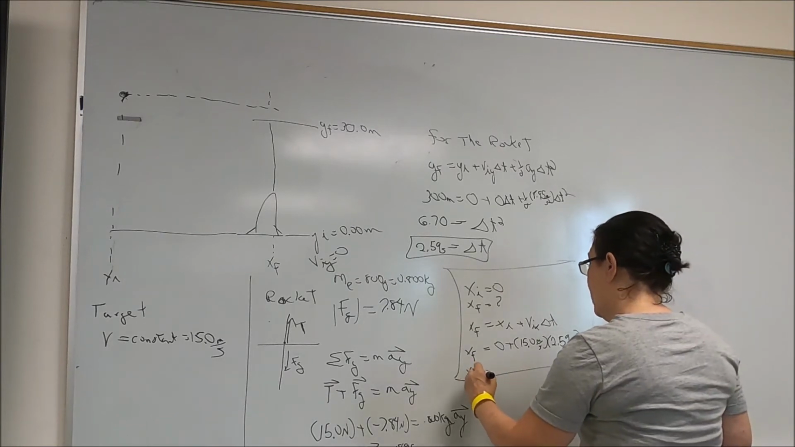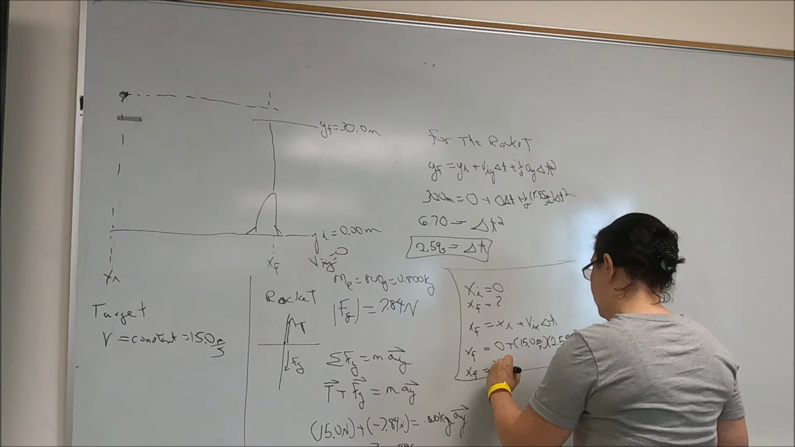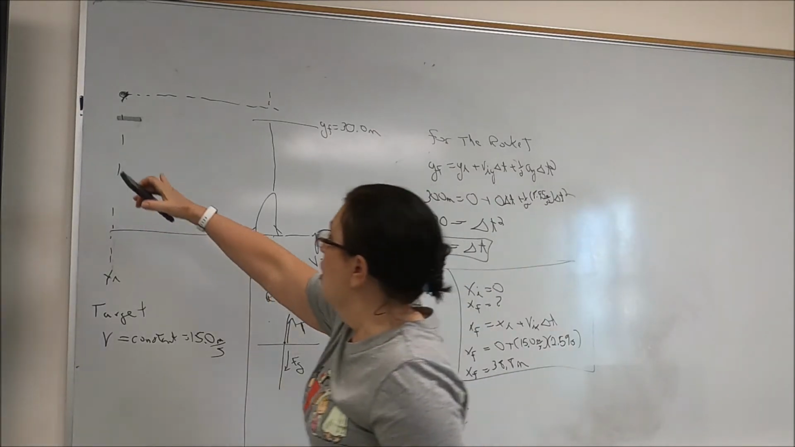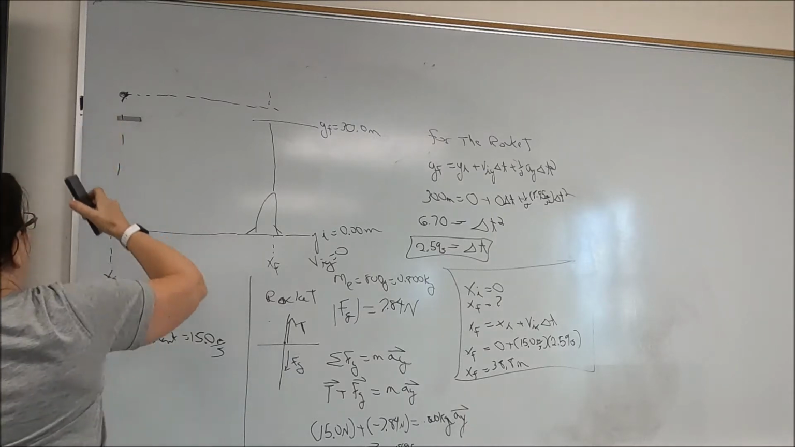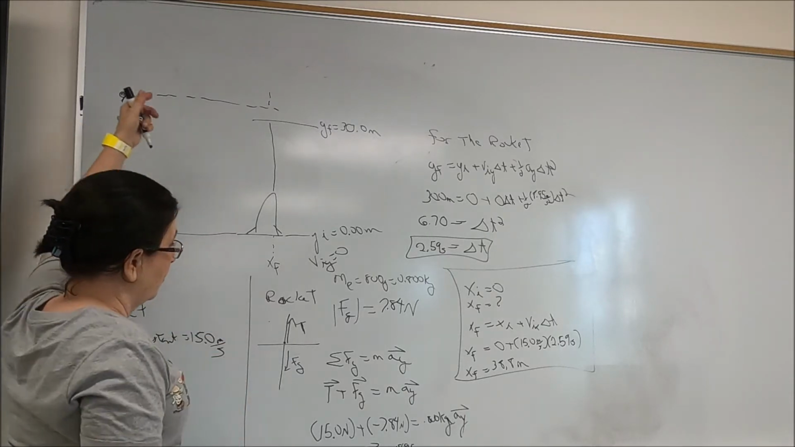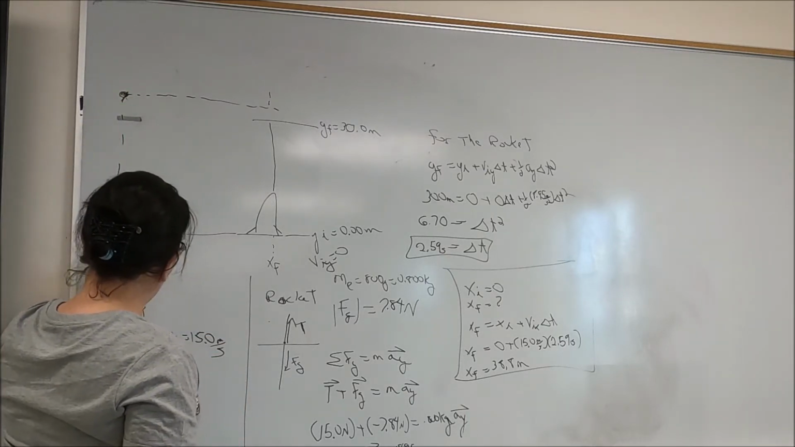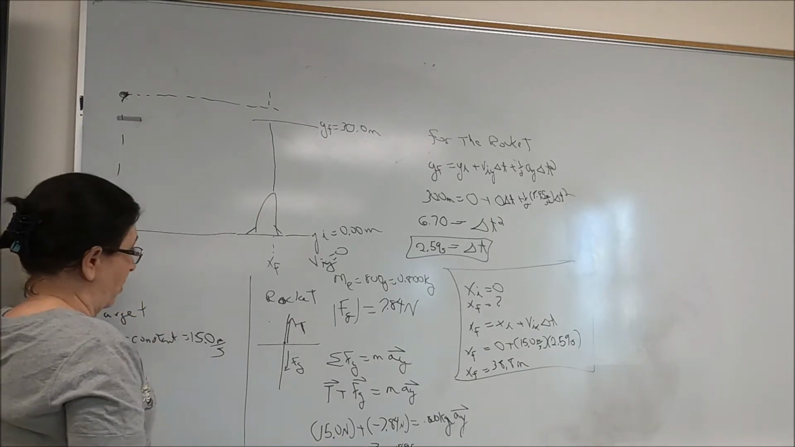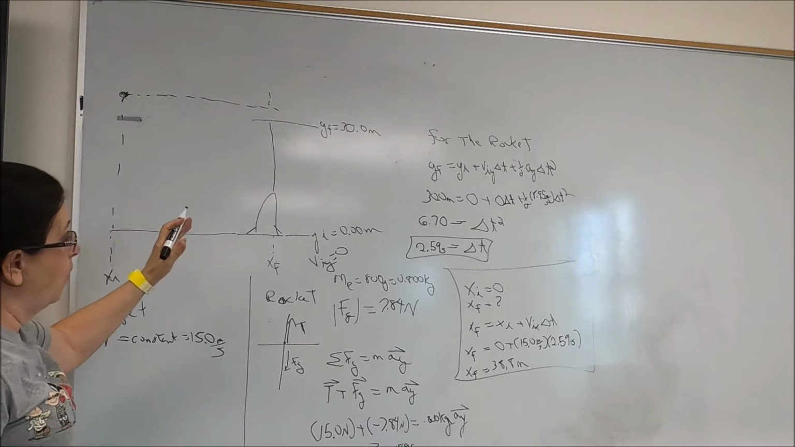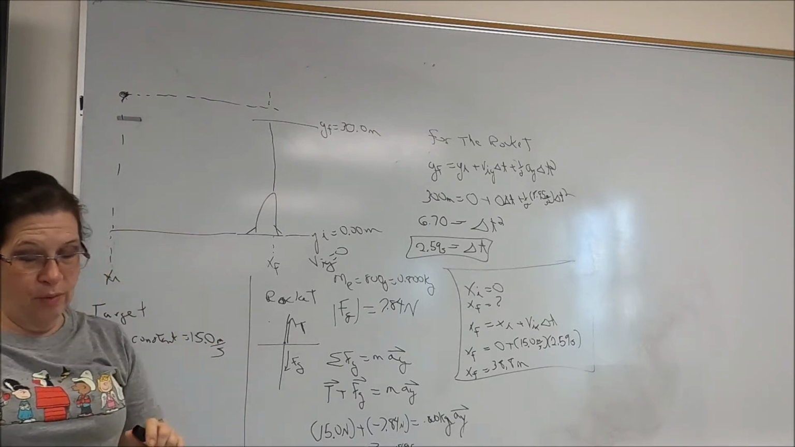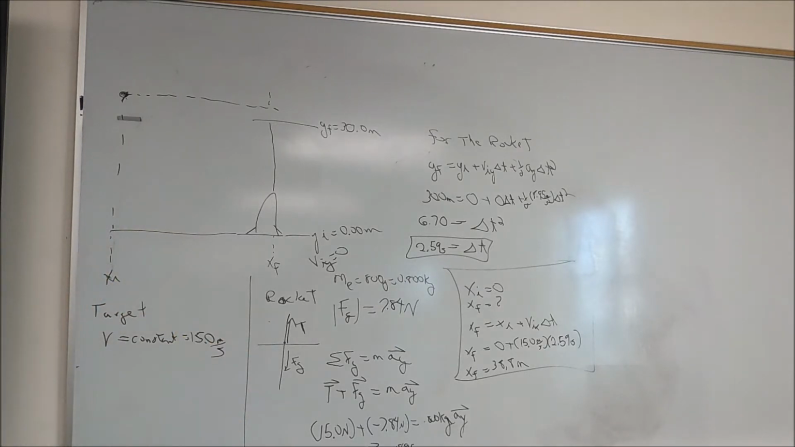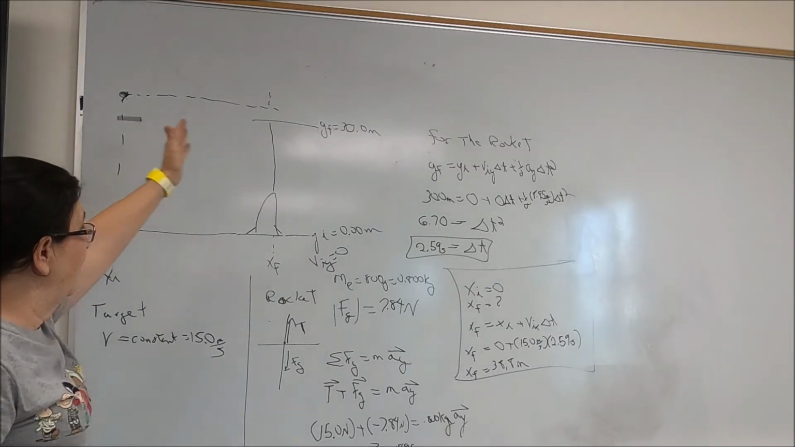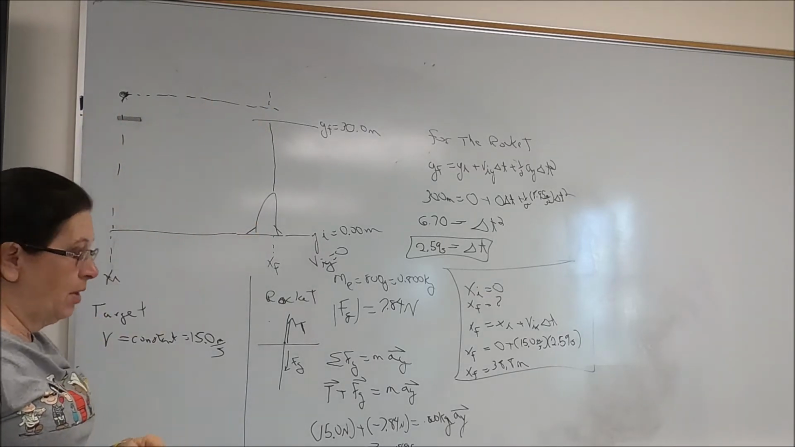It says that x final is 38.8 meters. So your target needs to start moving at x initial, which is 38.8 meters, the way I've drawn it, to the left of the rocket at time 0. So you'd want to have a button that you hit that released this guy at the same time that